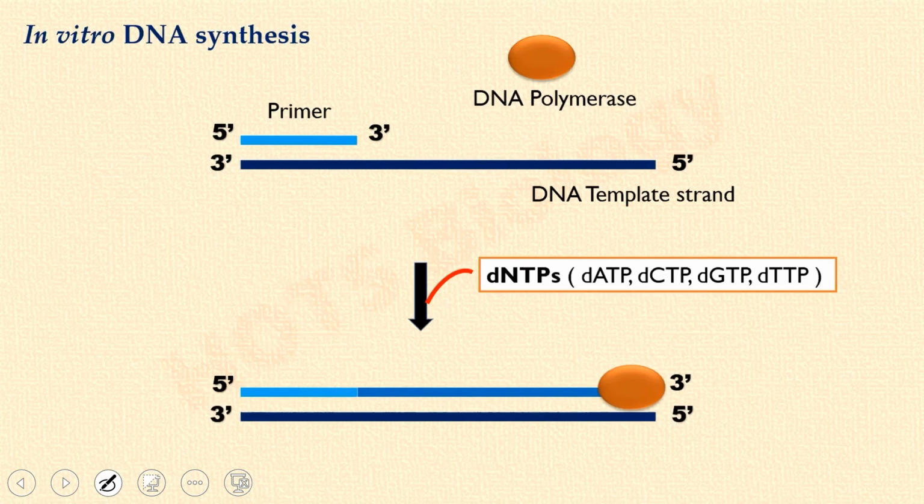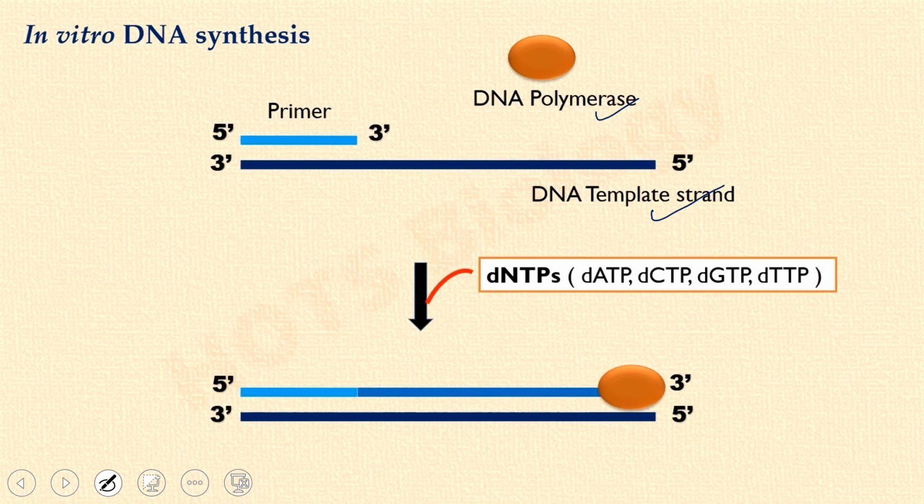This Sanger's method was first given by Sanger in 1977, so it is also called Sanger's methodology. First, in this method we are going to use the normal DNA replication process. Normal replication means that in our cells DNA is replicated with the help of the DNA polymerase enzyme. So what are the basic requirements for DNA replication? We require a basic DNA template. We use this DNA template to make a complementary strand, which is done by DNA polymerase. DNA polymerase is the enzyme which uses the template strand and adds the complementary nucleotides.